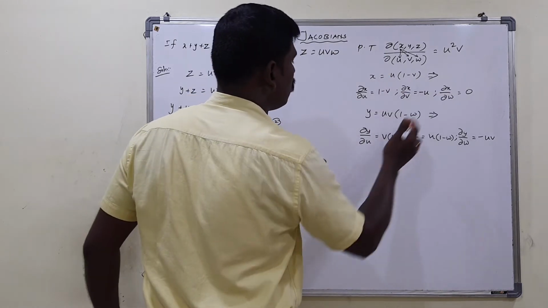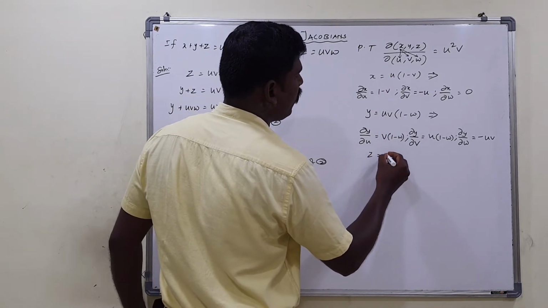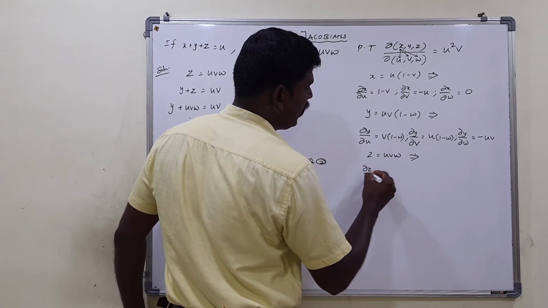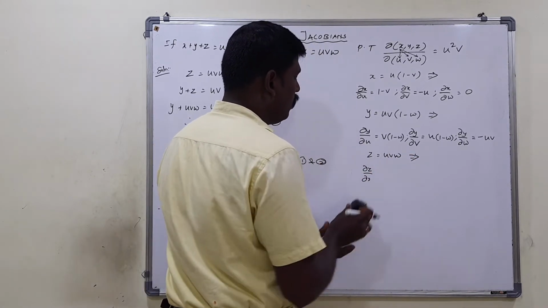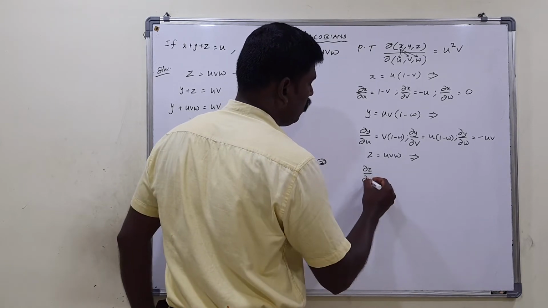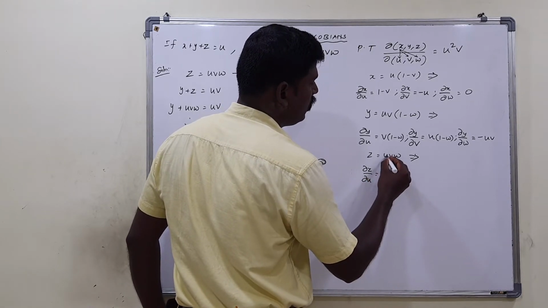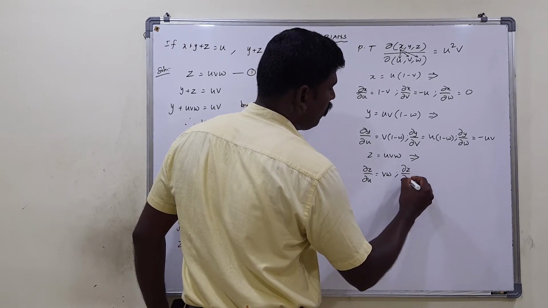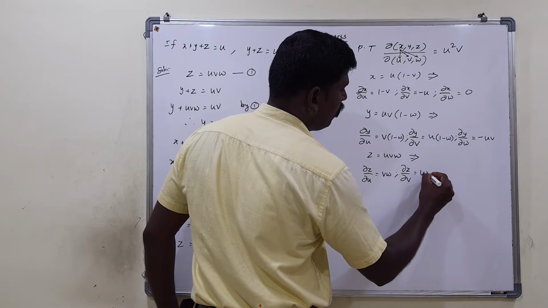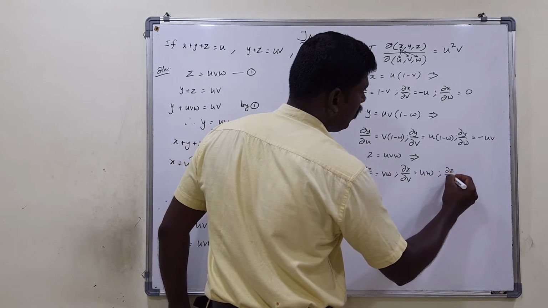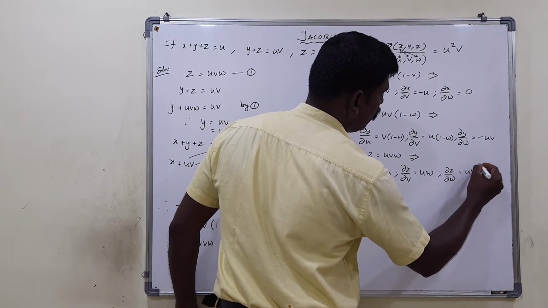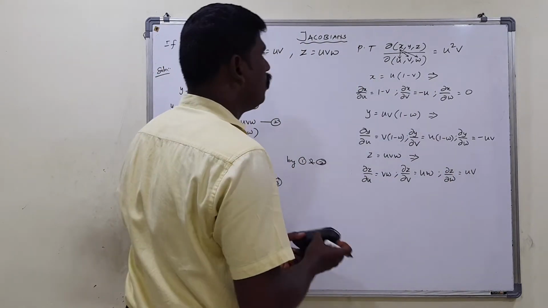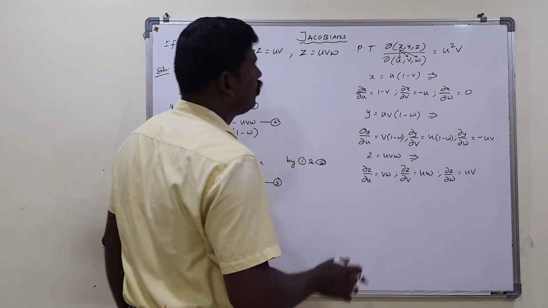After finding all these, one more we need to find is z. Isn't it? z is uvw. This implies dou z by dou u. What is dou z by dou u? This becomes vw. And then dou z by dou v is equal to uw. And then dou z by dou w is equal to uv, right? So after finding all these 9 values, now let us go to applying them to find the value of the